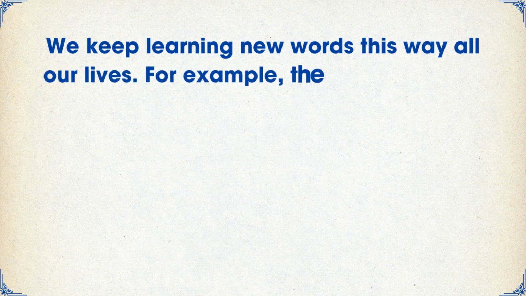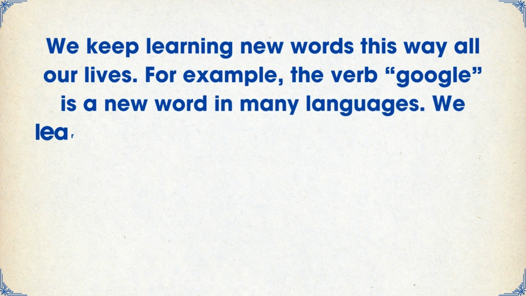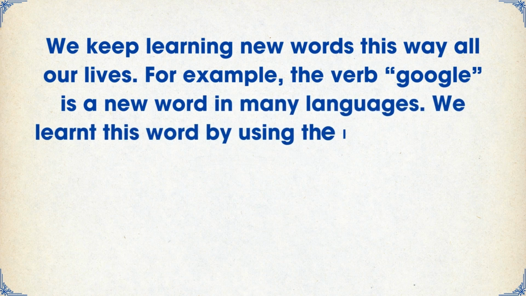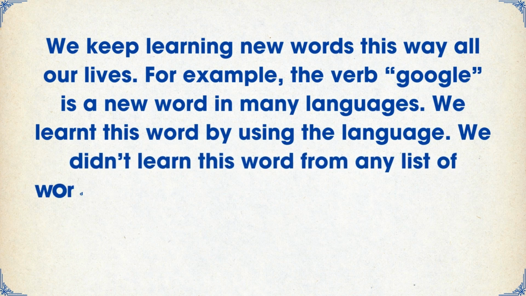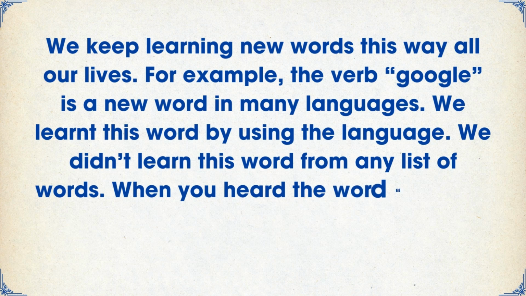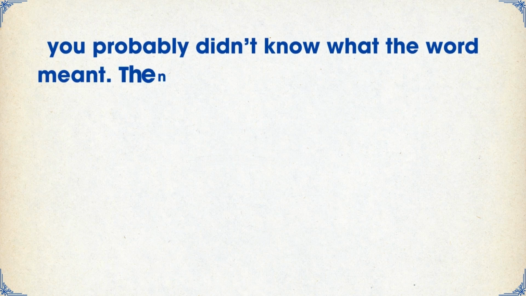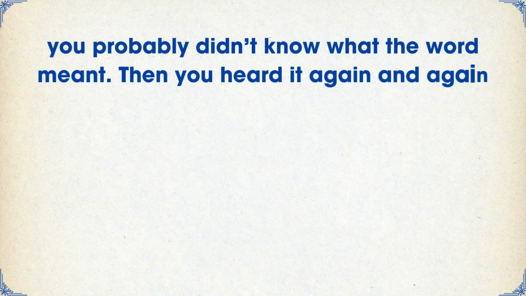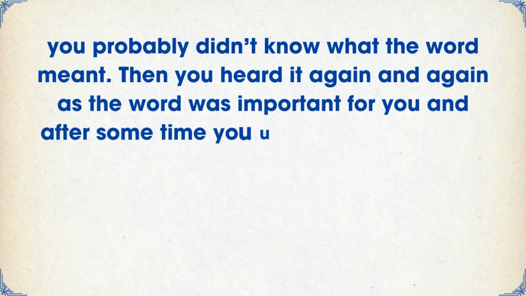For example, the verb Google is a new word in many languages. We learned this word by using the language. We didn't learn this word from any list of words. When you heard the word Google for the first time, you probably didn't know what the word meant. Then you heard it again and again as the word was important for you, and after some time you understood